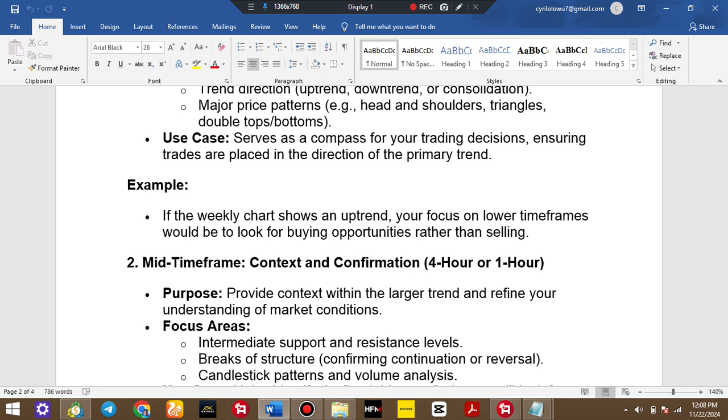But as a new trader, you are just to focus majorly on where the primary trend is. If the primary trend is buying based on your higher time frame analysis, then you come to your lower time frame and look for that same opportunity in line with what your higher time frame is saying.